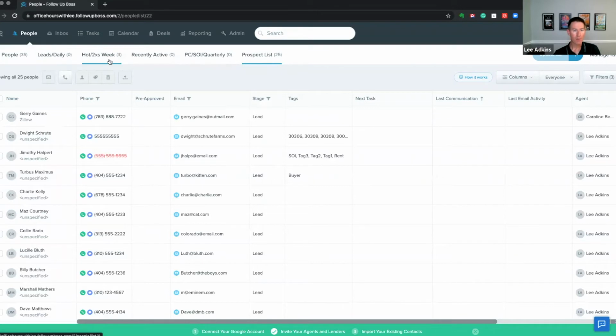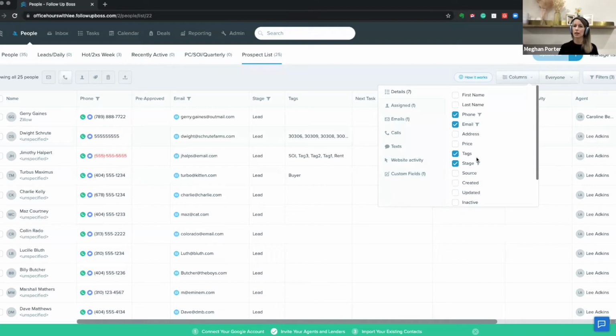And smart lists can be, I mean, Megan, they can be just about any data point. They can be stages, last communication was, just about anything. We always recommend you have at least some of the lists that we put in there, and those are really great. One note here is, we build lists based on stage and last communication. So, stage is lead, last communication was over 12 hours ago, so that you're hitting those leads every day for a certain number of days. And then the hot leads twice a week. You can change all of this.